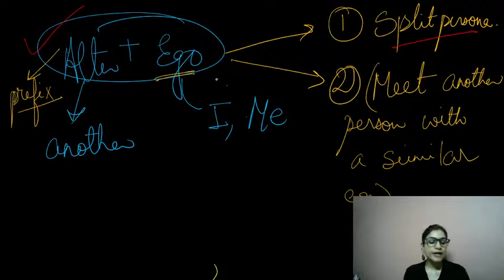Similarly, there can be chances when a person finds another person with a similar ego. You say, he is my brother. That brotherly feeling is because you're finding a person with similar ego, similar behavioral traits, right? Similar kind of emotional quotient probably, right? So that is when you find a person with a similar ego as you have. That's an alter ego, right?